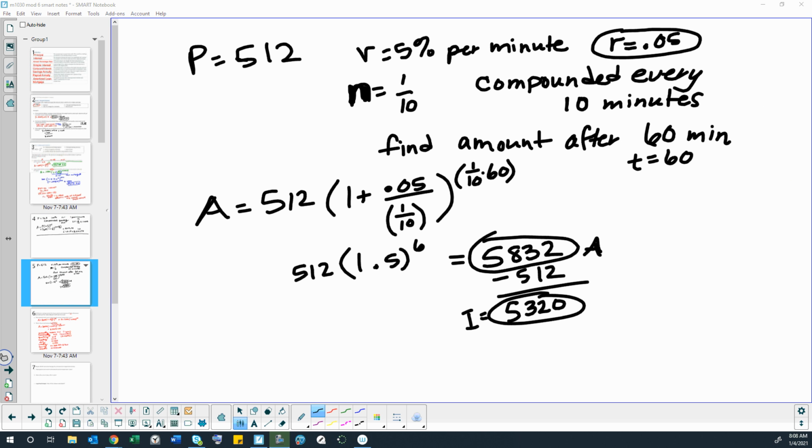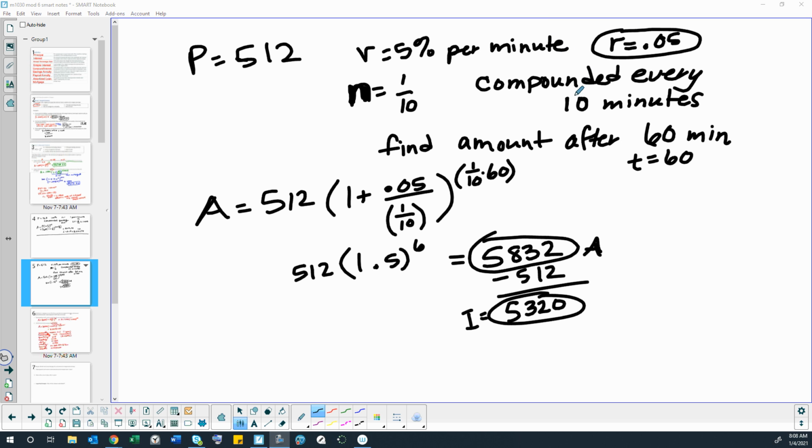Alright, here's another problem from Khan Academy. We have a principal of 512, and this time it's giving us our unit of time in minutes. So the rate is 5% per minute, which means R is 0.05. And then it's compounded every 10 minutes, which is 10 times as much as per minute. So instead of it compounding a certain number of times in a minute, it's compounding 1/10 because it's every 10 minutes. I don't know if that makes sense, because this amount is bigger than that amount instead of vice versa